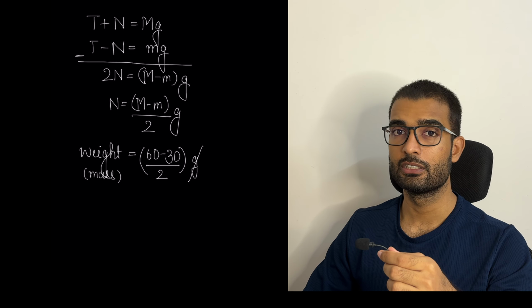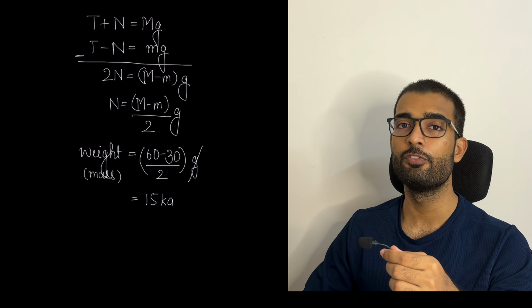Since the weighing machine measures the mass, it will be the normal reaction divided by gravity, and the reading will be 15 kg. For the second part, the man's actual weight corresponds to N equals mg, substituting which we get